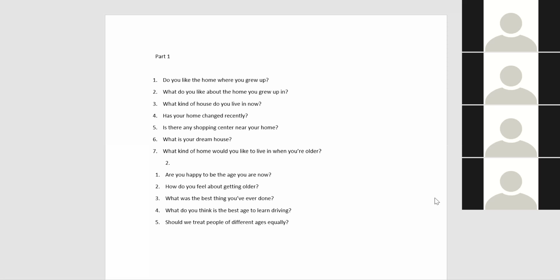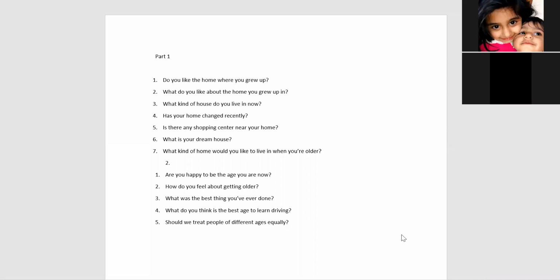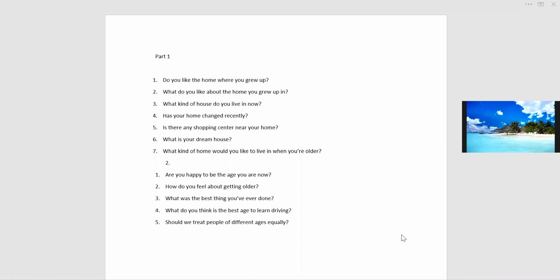When I got my first job, I gave my salary to charity. That was the best thing I have ever done. Nice. Sheetal: the best thing I've done was the helicopter ride at the 12 Apostles on the Great Ocean Road. That's the best thing for me. All right. Okay, anybody else? The best thing you have ever done?